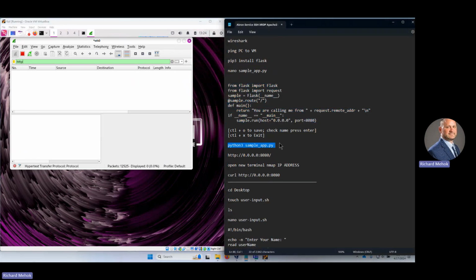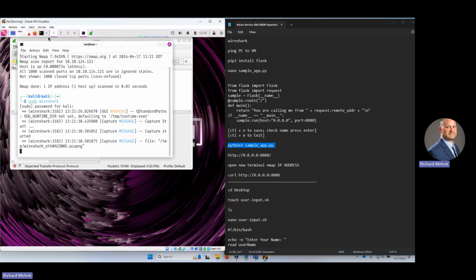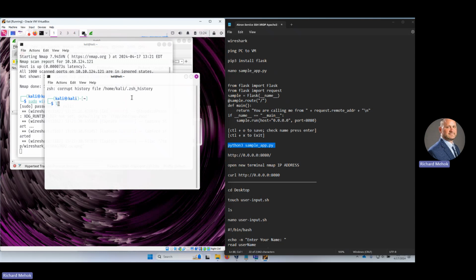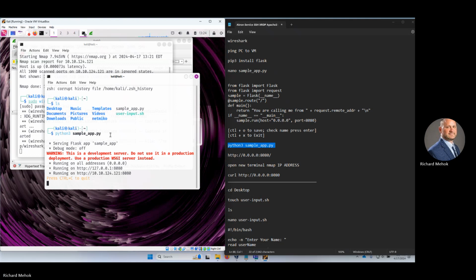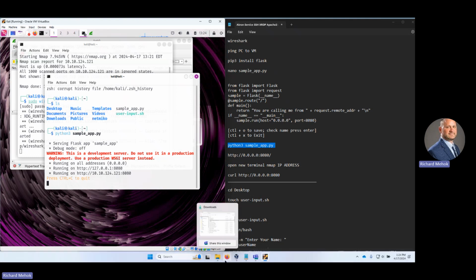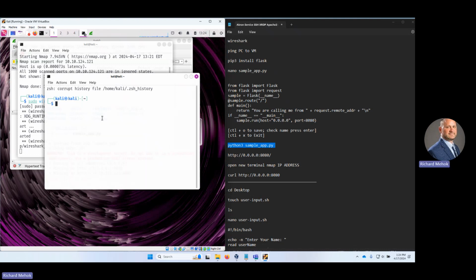And then if we run this in the same directory where you saved it, so whatever terminal we were in, let's do ls to see if we see the file. There it is. So if we do python3, the file name .py, so now we're hosting a web server. So if we do an nmap now,